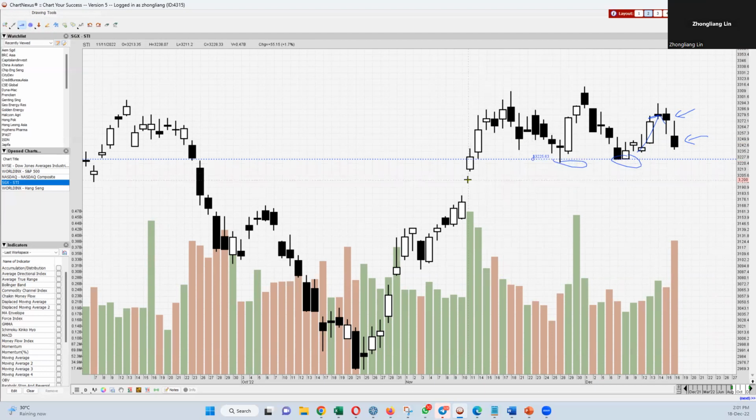neckline or breakdown point. So we can see a small shoulder here, a top, a slightly higher top, and then another shoulder, which represents a head and shoulder pattern. And then we have a potential breakdown coming, which could be looking at STI being sucked into this hole at this